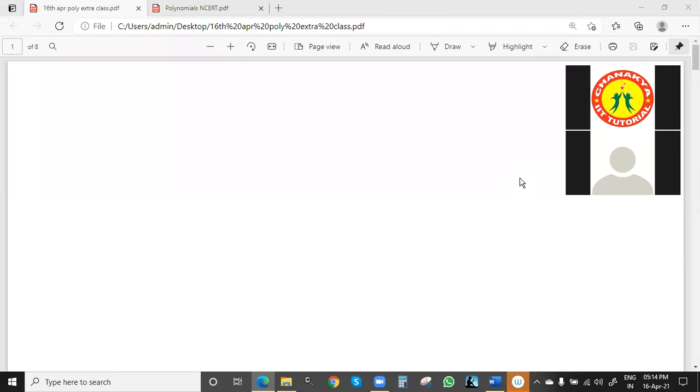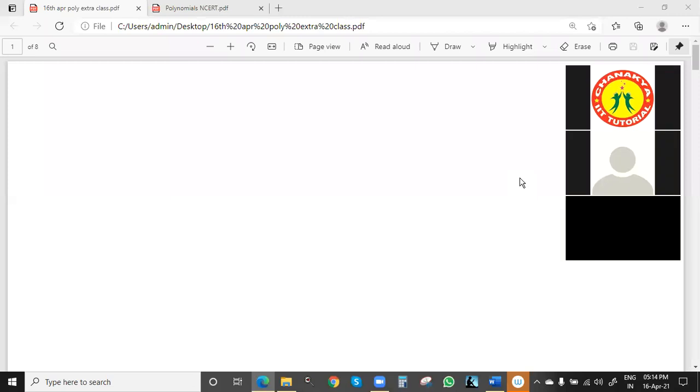So, in the last session, we had seen the definition of polynomials and these types of polynomials based on the number of terms. A monomial is a polynomial having one term, a binomial has two terms, a trinomial has three terms, and we can also say tetranomial. Otherwise, four or more terms we can simply call a polynomial. Now we'll see the second important type of polynomial, which is also given in our textbook, that is based on degree. Based on degree also we divide polynomials.